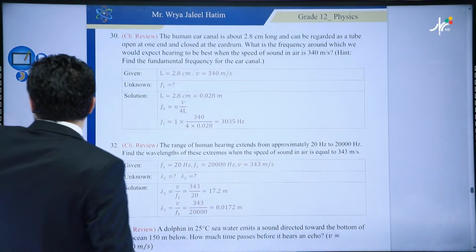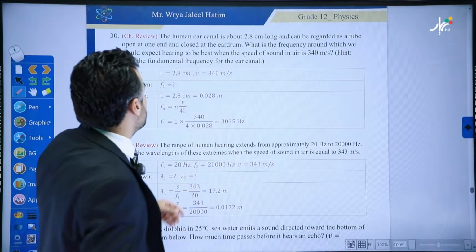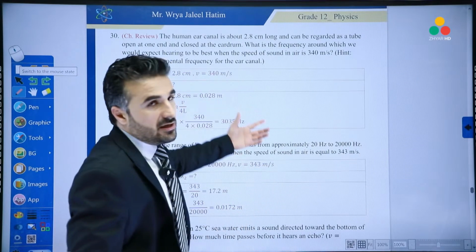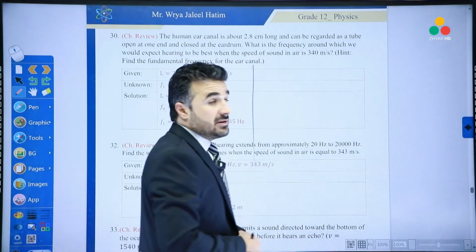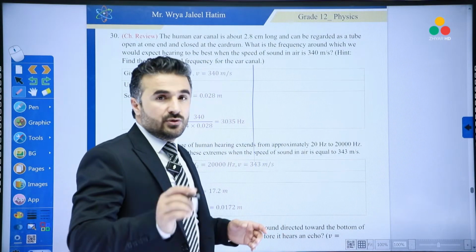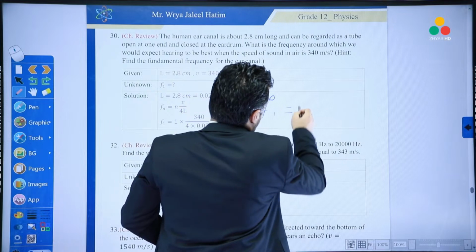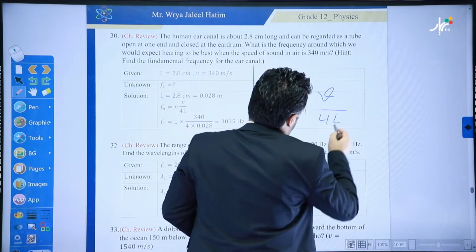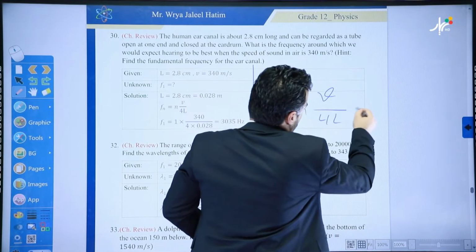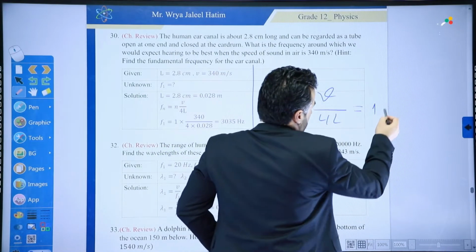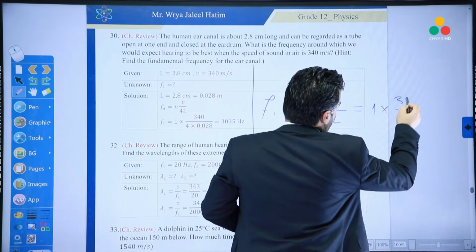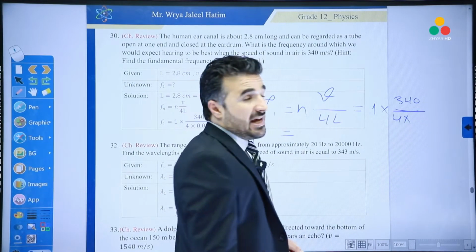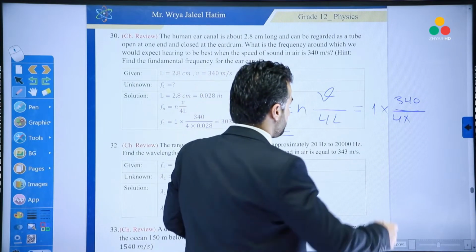That is also easy. Okay, so let's make this quick here because we have the length, but don't forget to convert the length into meters, and we have the speed. So can you find the fundamental frequency? Yes, but the fundamental frequency for a pipe that is closed at one end here. So fundamental frequency equals m times v over 4 times the length. So the fundamental, that is 1. Let me write it here. So the number of harmonics is 1, the speed is given as 340, and then divided by 4 times the length. What is the length? 2.8 centimeter, but can I use centimeter? No. So it's going to be